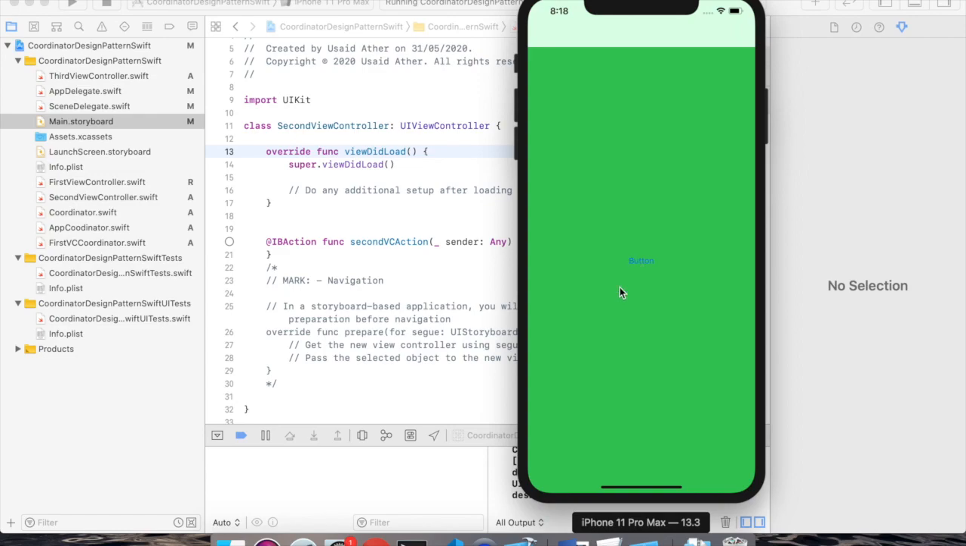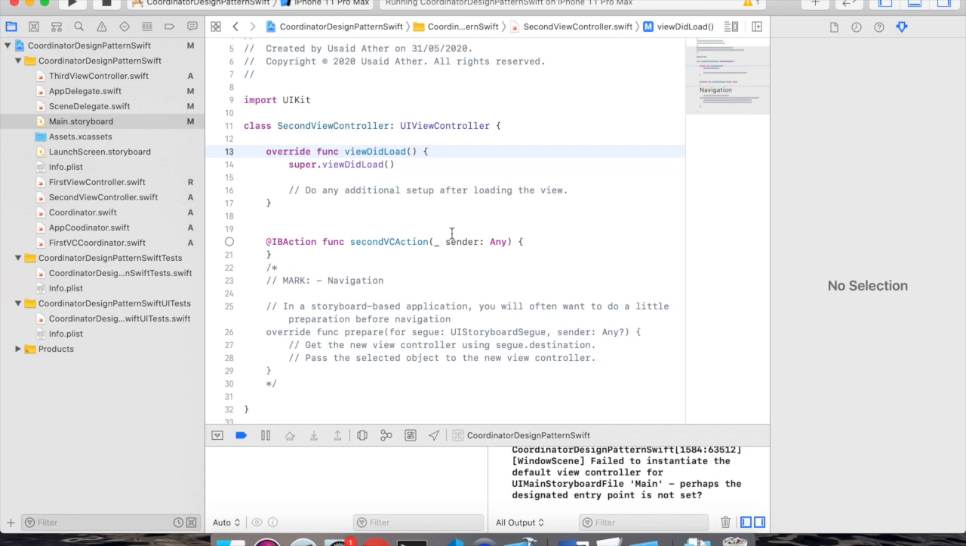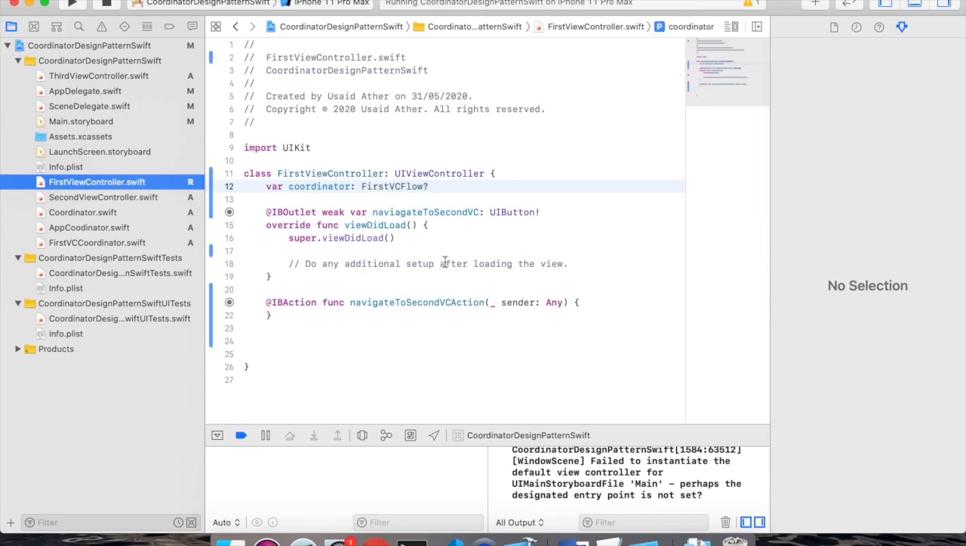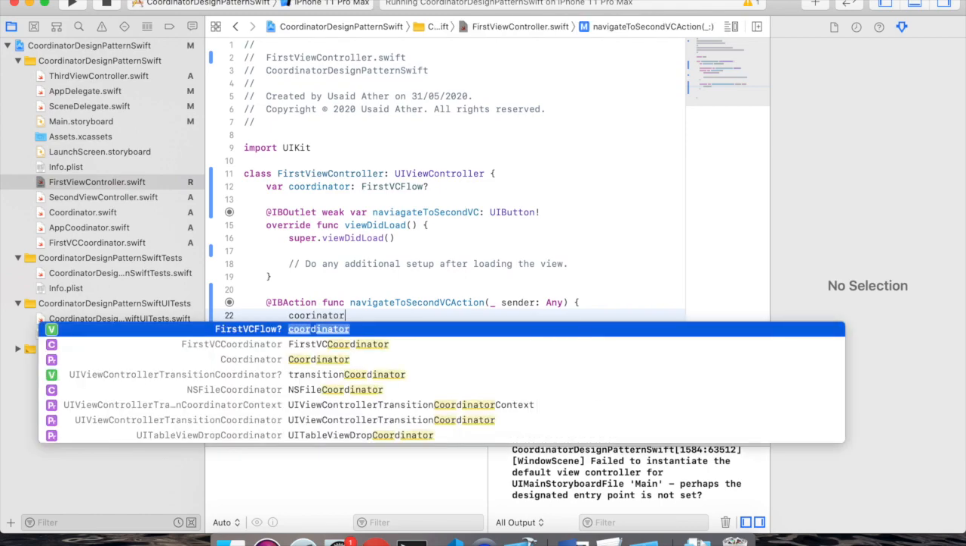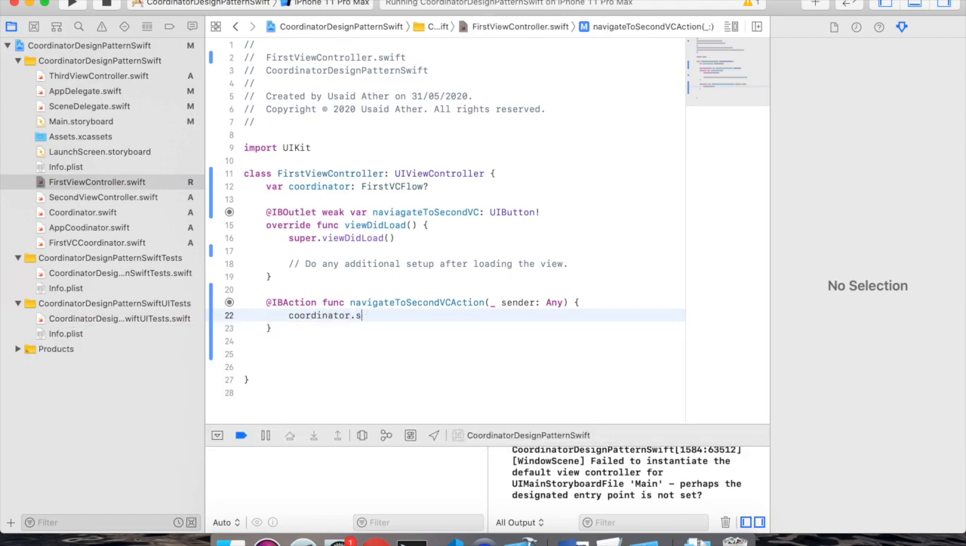You can see we got the first view controller. Now let's navigate to the second VC. Go to the first VC here, and we have this coordinator of our first VC flow. Now if I click on coordinator dot navigate to second VC. Okay, so now we need to create the coordinator class for the second VC